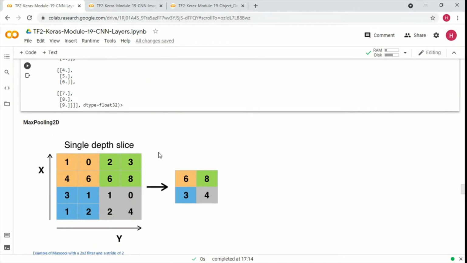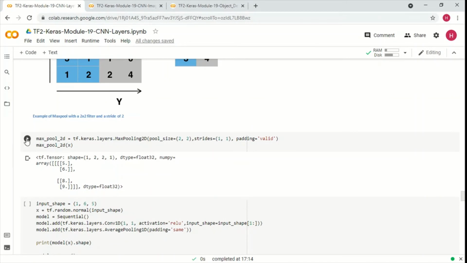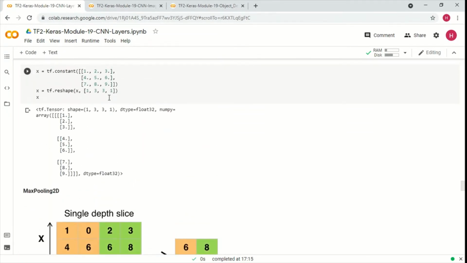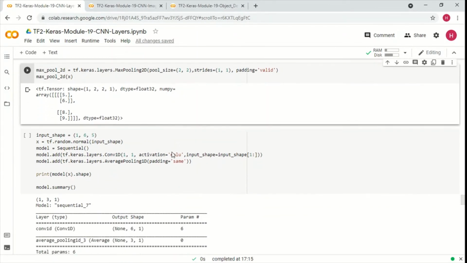Now what if we apply the max pooling? If we are applying the 2D max pooling here, then this is the output that we are getting: 5 6 8 9. Why are we getting 5 6 8 9? Because when we are stepping through this, for this we are getting 5, for this 4 we are getting 6, for this we are getting 8, and for these 4 we are getting 9. That is the max pooling. This is the output of the max pooling that we have.